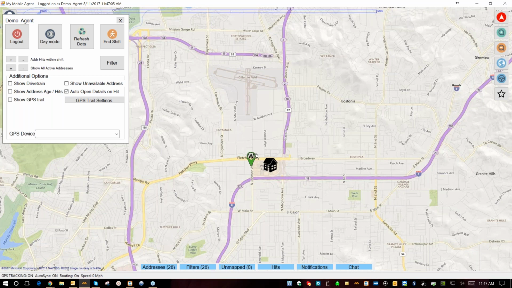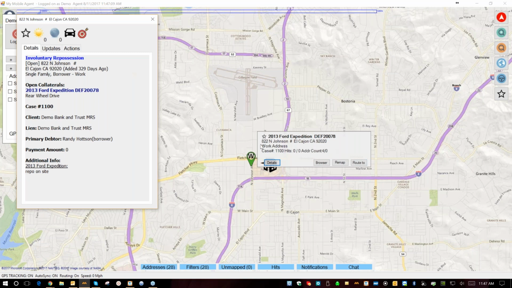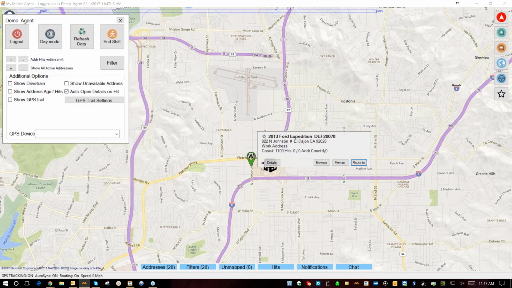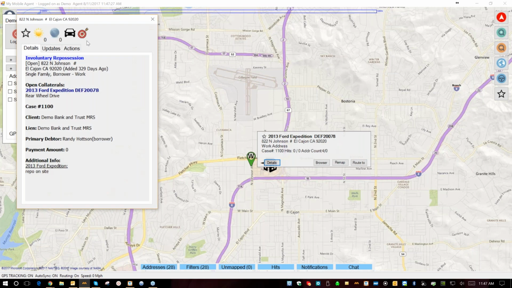But anyway, you can see I created this work address right here. If you look at that, come back in here, you can actually see, without even clicking on that, that it's a work address. So let's just say your driver went past this address, and the vehicle was spotted at that address. You can come in here, say details, and if he can't get the vehicle for whatever reason, in a gate, in the garage, whatever it might be, you can click right here, unit spotted in garage,